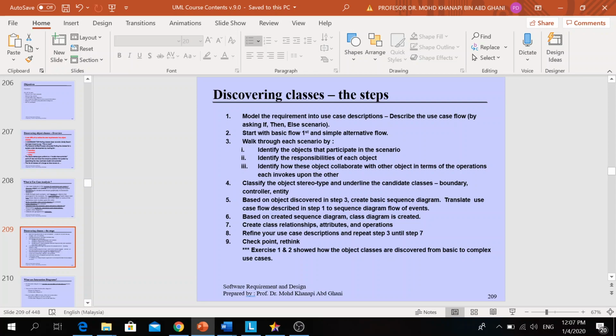After you describe the preconditions and who the actor is, start to write the basic flow of the function. For example, admit patient. Start with the basic flow of admit patient. Forget about the alternative flow or exceptional flow. Start with the simple one. This will save you from headache.